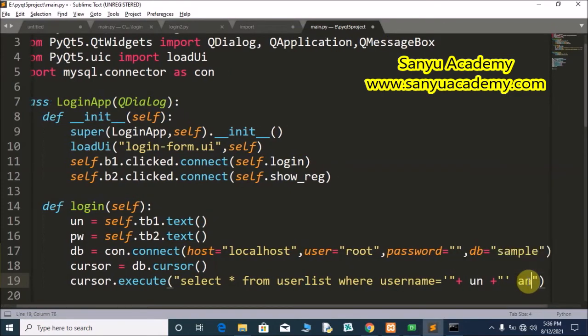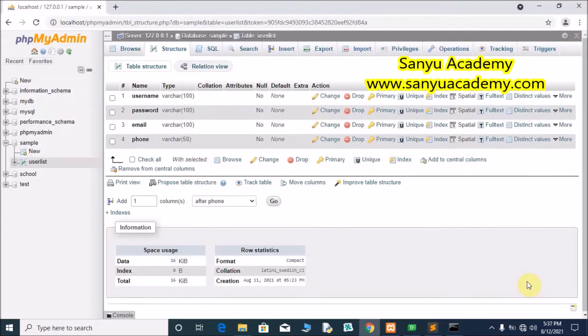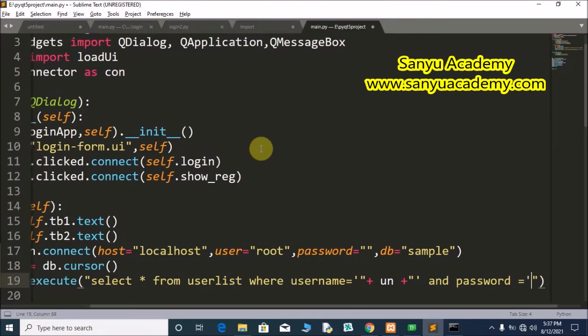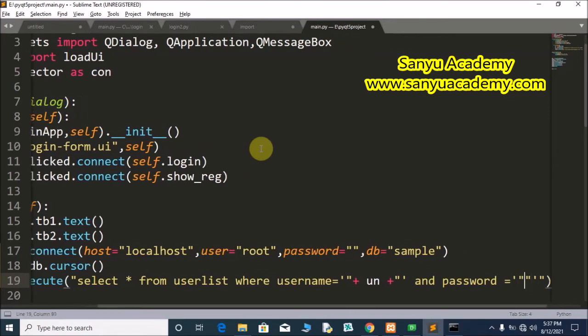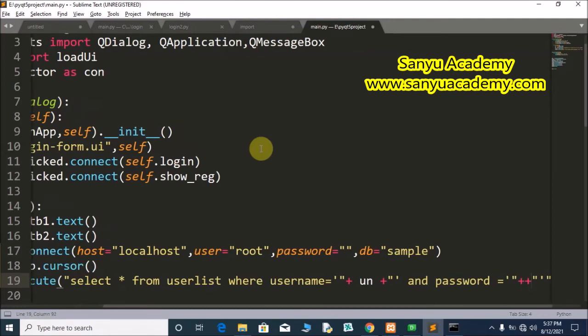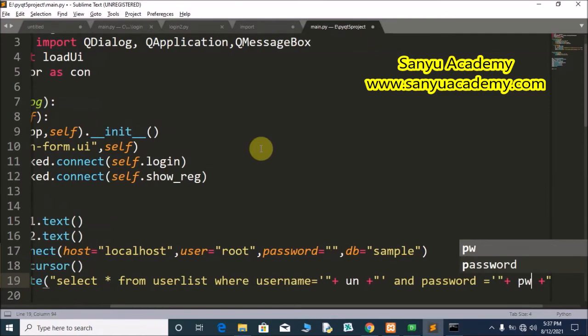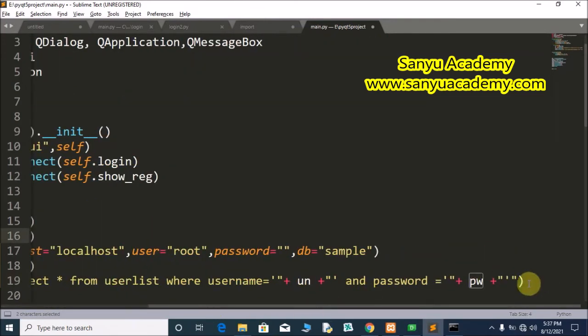And password, this is also a field name in the database, the second field name password, is equal to single quotes, inside this double quotes, inside this plus, inside this space, in between provide pw. Pw is the password, it's a variable, we collect the password from the forms.